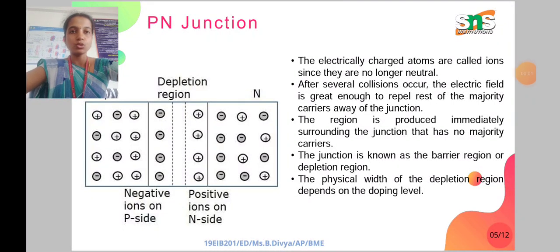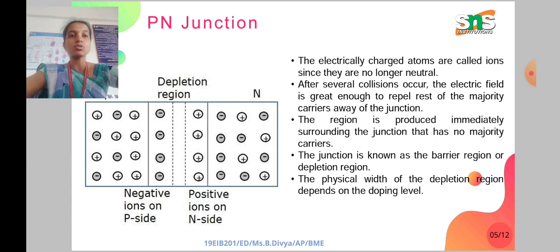In this video, we are going to continue with the PN junction diode. The electrically charged atoms are called ions since they are no longer neutral. In this diagram, we can see the electron and hole recombination, and we have formed a depletion region